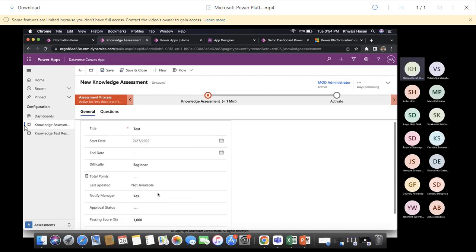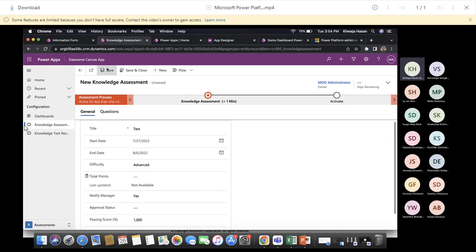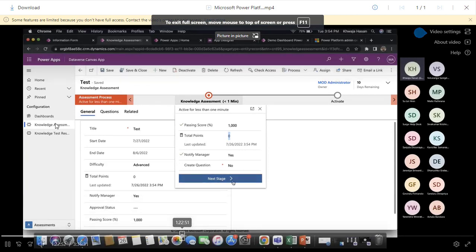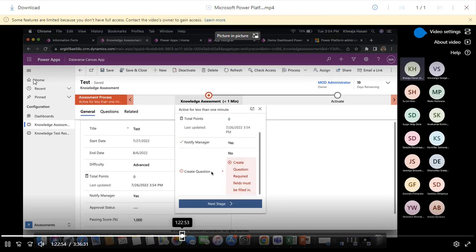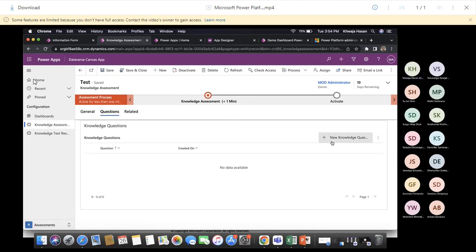Start date, let's just put tomorrow's date, end date, difficulty level, you can select and just save it. Okay, so now that next stage is coming up. You see, it will give us error. Create question required field must be filled. So when I go here, if I click question,